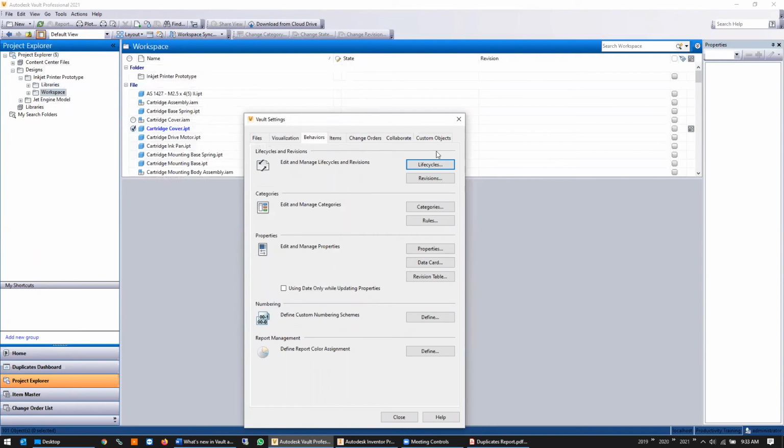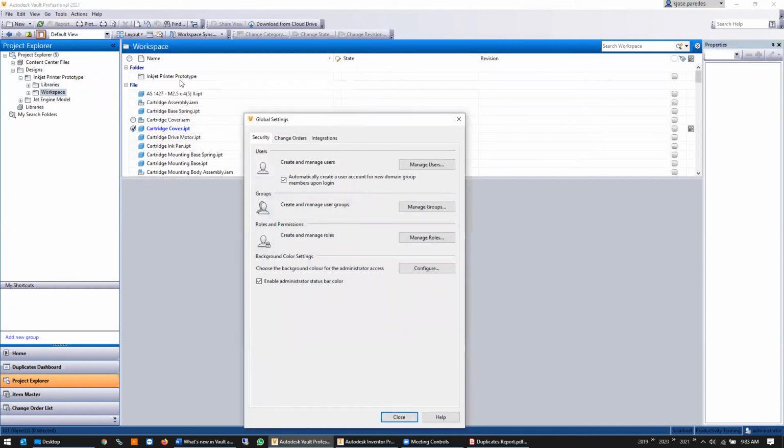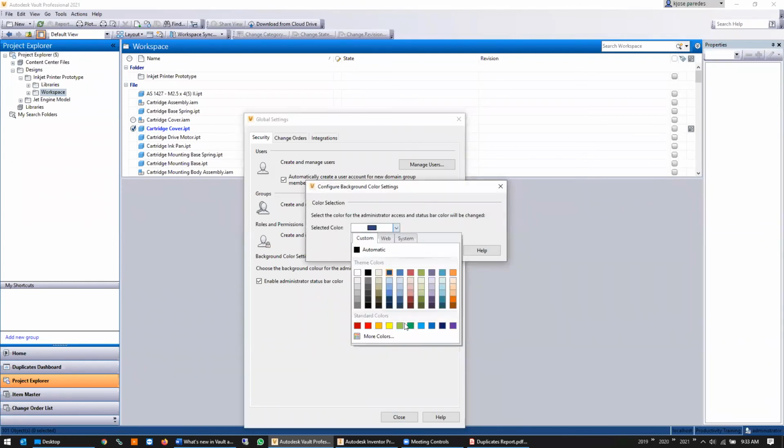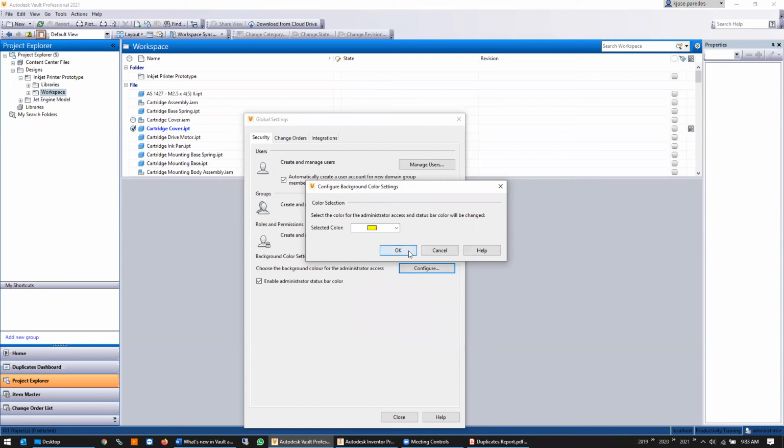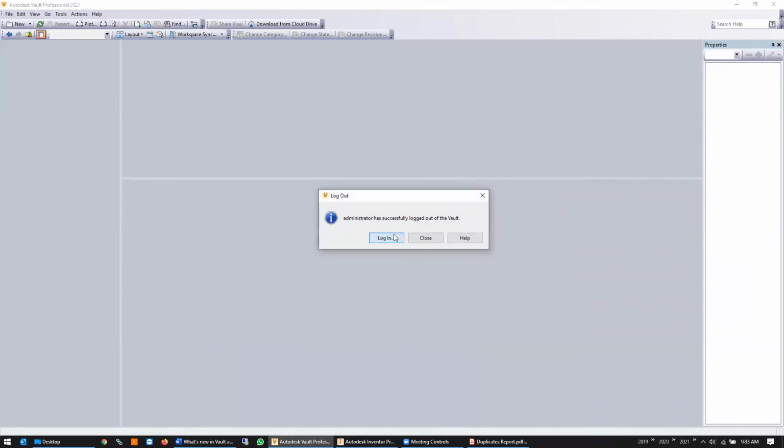One of the things here also on the admin side, so if we go to administration and global settings, what ends up happening is a lot of our customers will have an administrator account and then their own engineering account. So you can actually configure this toolbar down here, or this taskbar down here, to change colors when you're in as an administrator. So if I configure this, I changed it yesterday, but you can make it pretty bright so that it pops out at you. If I'm logged in as an administrator, like I will be right now,